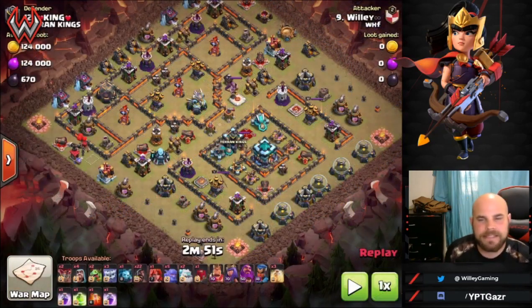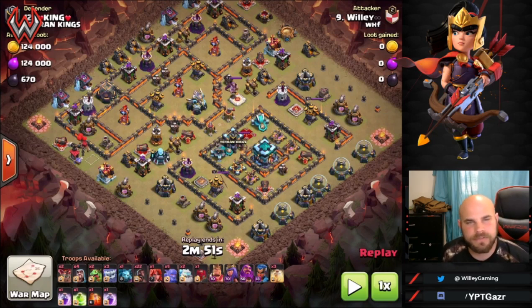Okay, so here's the base that came up again. This is over in one of WHF's event clans. We're just over here doing war, trying to level it up, so a bunch of us have farming accounts that we're using to war. But this thing came up again, and I wanted to try that same attack again. But right away you notice there are some things that have been moved around,